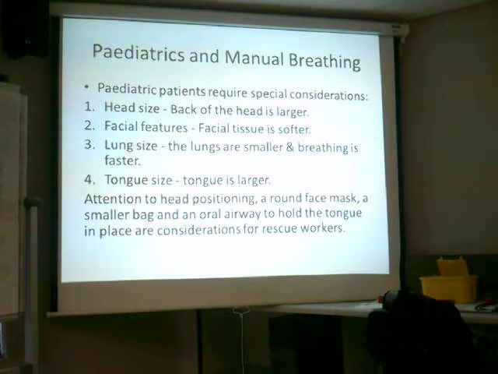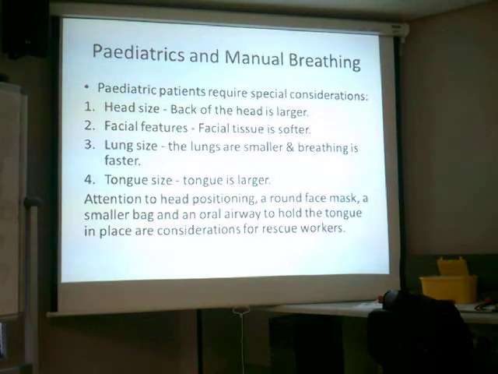Pediatrics and manual breathing. Sometimes we find it very difficult to resuscitate the children because most of you have seen that a child's head is quite large proportional to the rest of the body. That's why it's so important that all the children should be strapped into either a safety belt or a baby seat. Because of the head size, that's the part that, if there's an accident, the momentum usually takes them through the windscreen. Okay? Because of that, it's sometimes difficult to get them into the correct position to breathe.